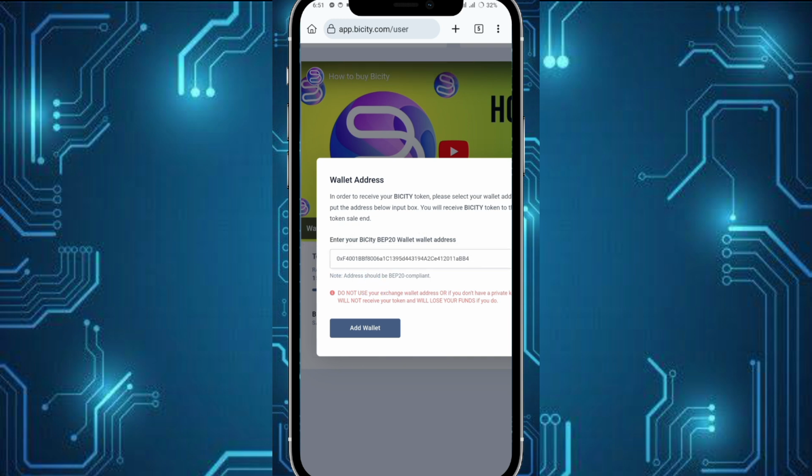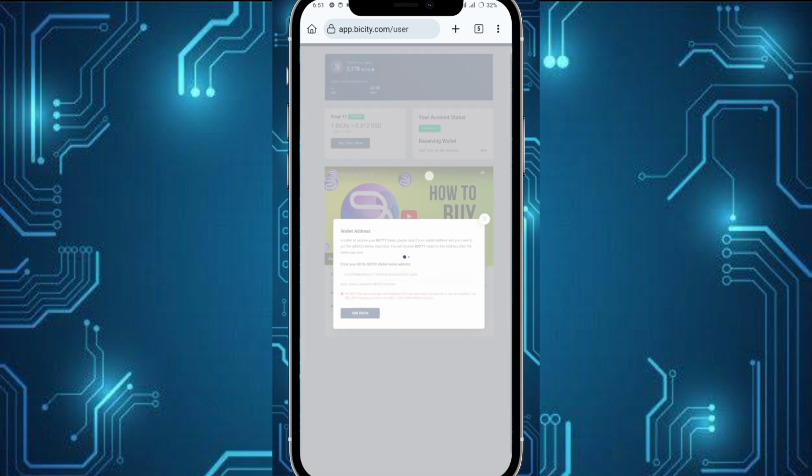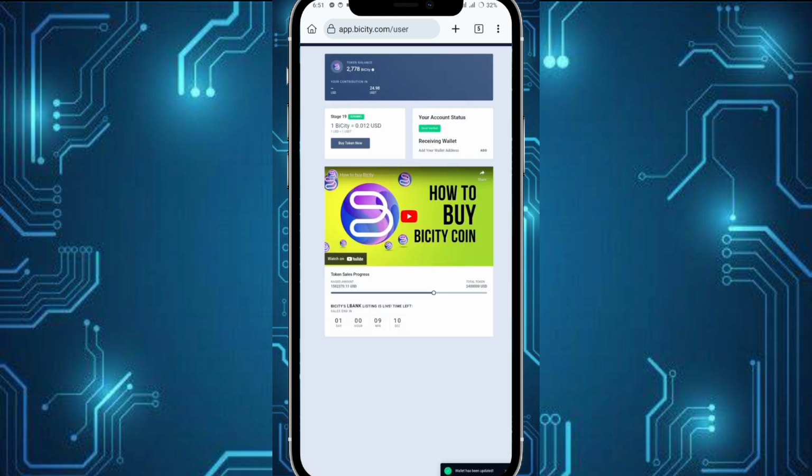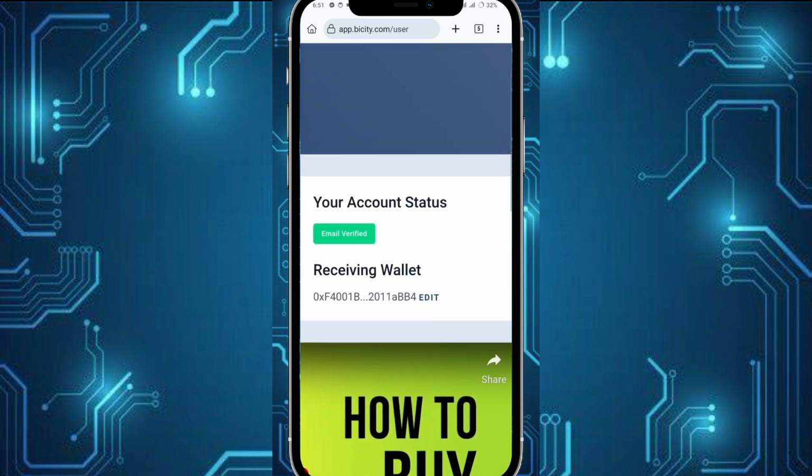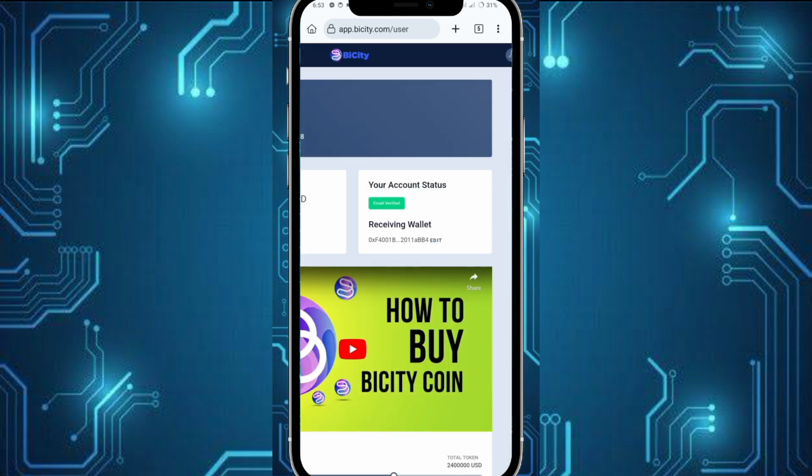Just paste here and click your add wallet. And just wait for a couple of seconds. Wallet has been updated. And here we go. So you now have a receiving wallet address.